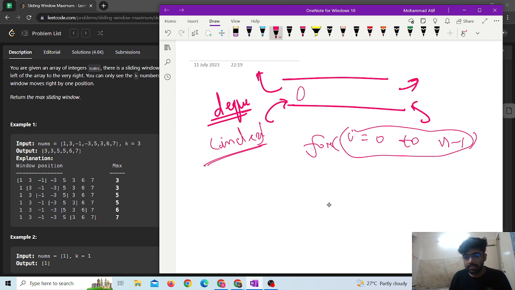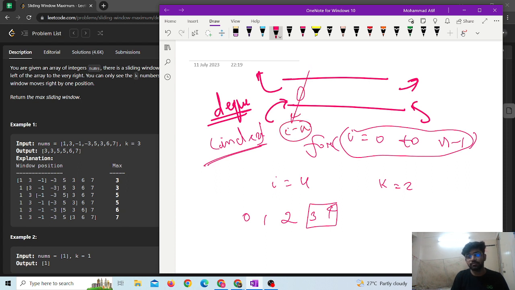What I mean is that if you are at i equals 4 and my k is equal to 2, what will be my range? I am at 4 and the previous indexes will be 3, 2, 1, 0. So what will be my range? My range will be just this much. So in case the front element of the dq is equal to i minus k, or anything less than i minus k,